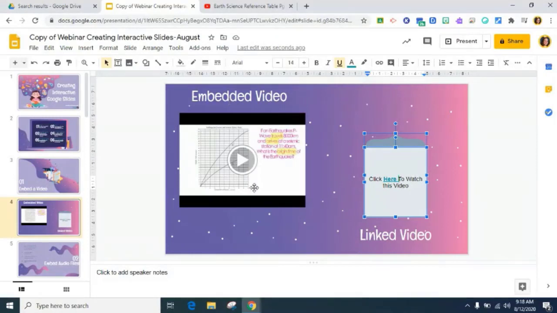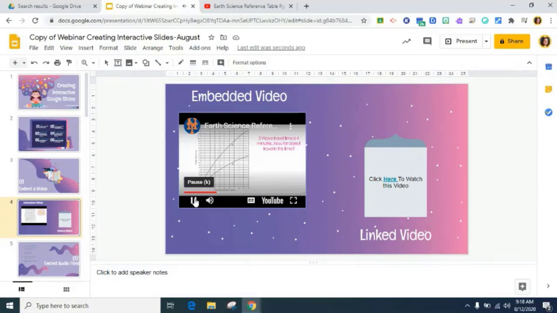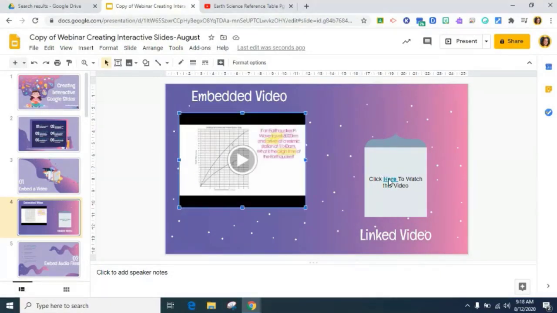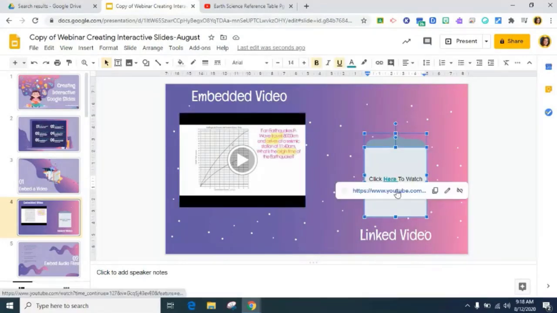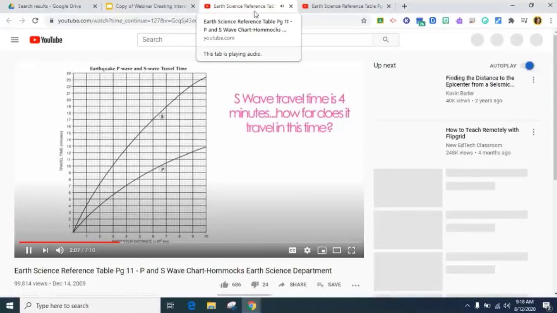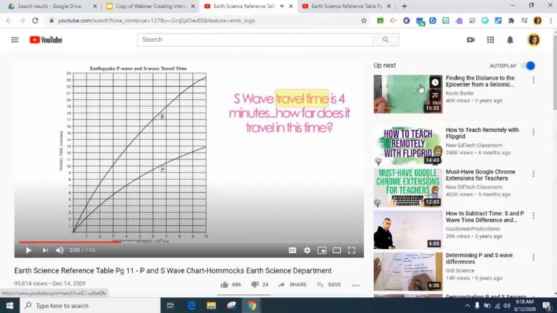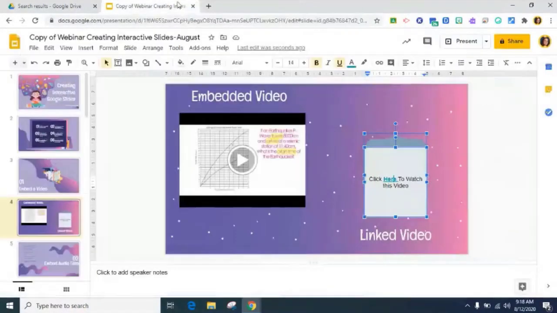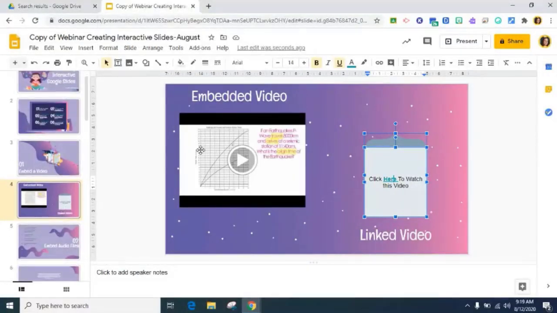This video is embedded on the left-hand side where the students can just click play and watch the video right inside of the slide deck. If they're given a hyperlink to click on, it will take them away from that slide deck, just as it did now, to YouTube, where they might get distracted by the autoplay that is automatically always toggled on. So there's a little bit of insight about embedding a video and the difference between embedding a video versus linking